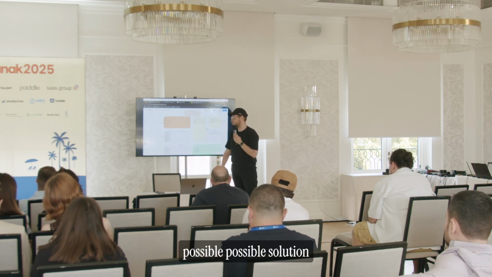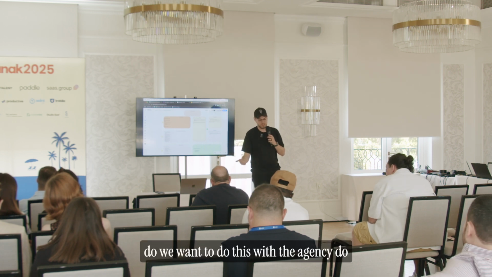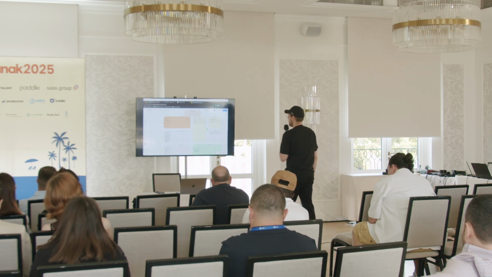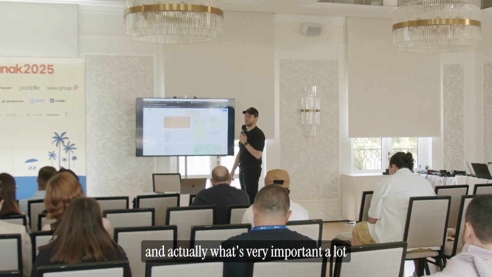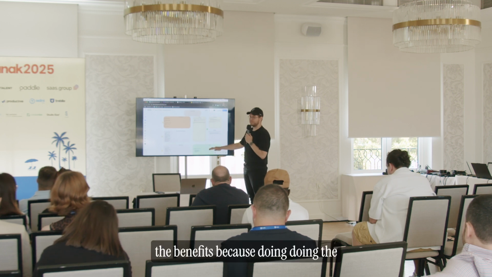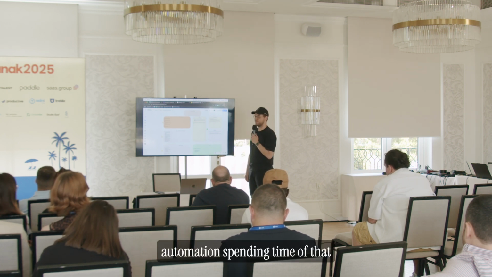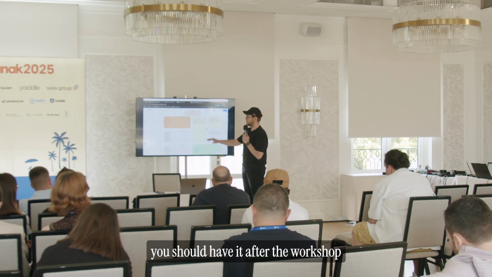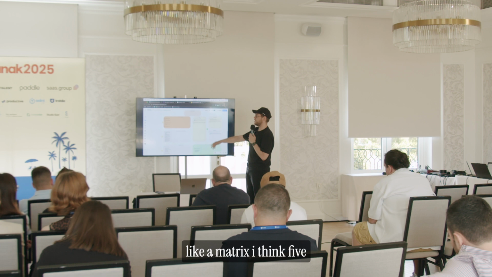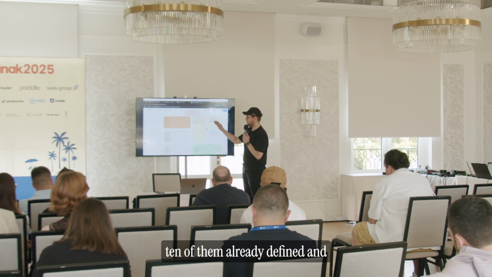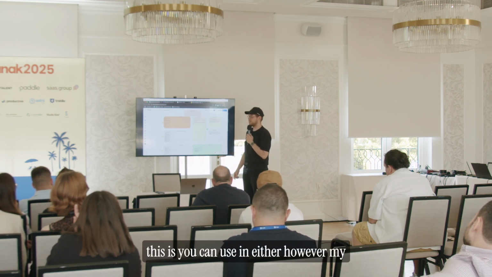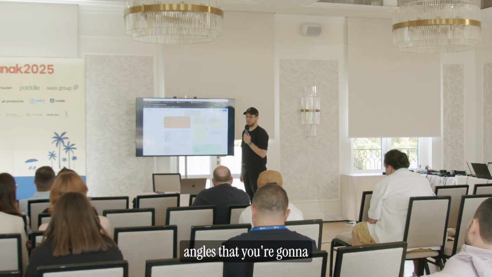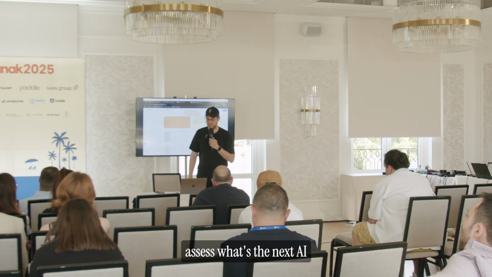All of the possible solutions. Do we want to do this with the agency? Do we want to do this in Make? Do we want to do this in WordWare? Everything is possible. And actually what's very important, and a lot of companies are missing, the benefits, because doing the automation and spending time on that just to have one very small benefit. You should have after the workshop a matrix, I think 5, 10 of them already defined, and you can use an Eisenhower matrix of impact and effort, and this is one of the angles that you're gonna use to assess what's the next AI automation that